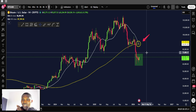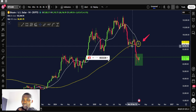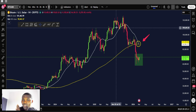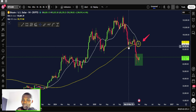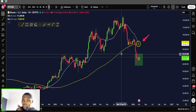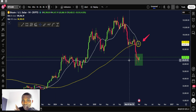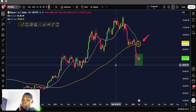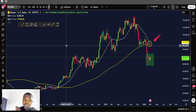Welcome to today's video. We're taking a look at the first BTC price chart here on the weekly time frame with the 20 SMA and the 100 SMA, which is the 20 moving average, in white, and the 100 simple moving average, which is the yellow line right here. This simple moving average has always predicted the bottom of each BTC bear market, and I'm going to prove that to you in a moment, because if we take a look at the past price action here, you can clearly see